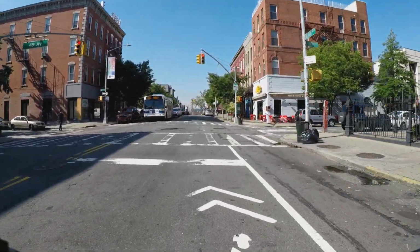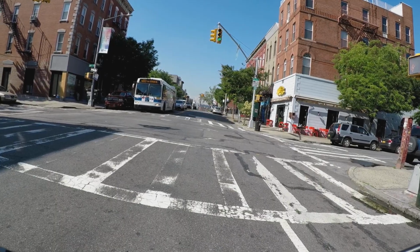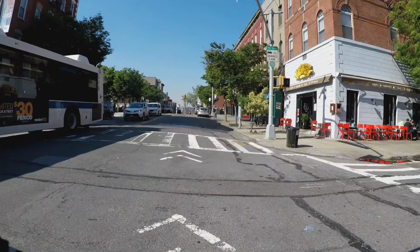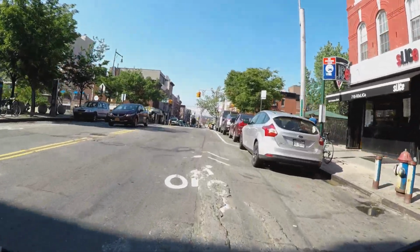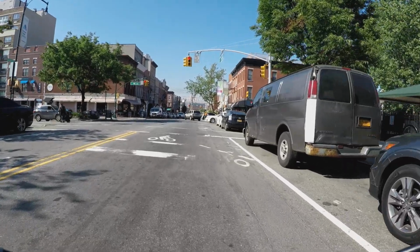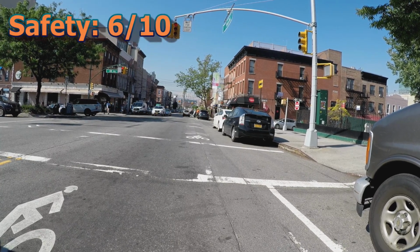For scenery, the restaurants and neighborhood from 51st Avenue to 44th Drive are pleasant destinations to recharge yourself with some food. In addition, Rainey Park, Socrates Sculpture Park, the Costco Warehouse Waterfront Path, and Hallett's Cove definitely add to the value of the route. For the final scores, the Vernon Boulevard path receives a score of 6 out of 10